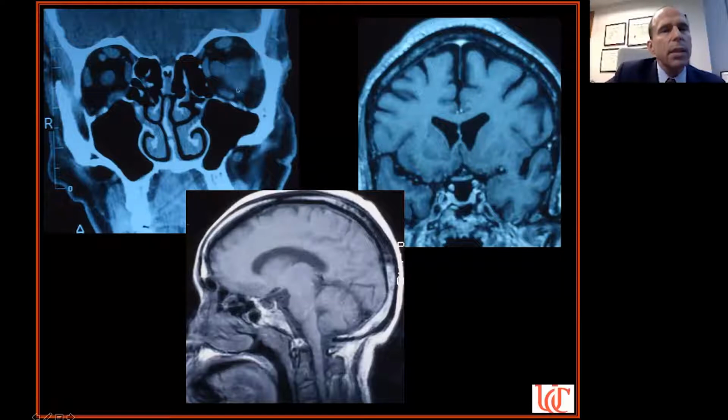So this is the back of the globe. So this is not a tumor. You'll notice that when you look, of course, at other images. It's just the back of the eyeball because the patient's head is slightly rotated. Here we have a